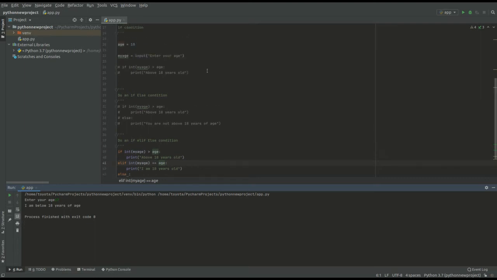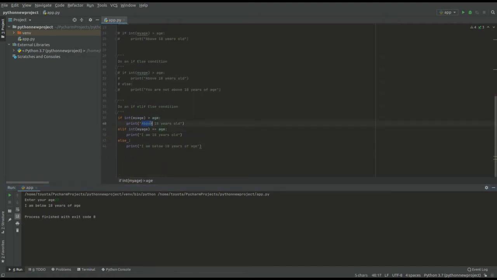It checks if the first condition is met, then you carry out a certain function or operation. If a certain condition is not met, you go deeper and check another condition, then you print or carry out a certain operation, like for our case this one. Then the last one, you check if the above operations are not met, what do I do? I print or carry out another operation. So basically that's how if, else if, and else works, using greater than, equal